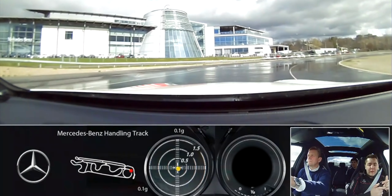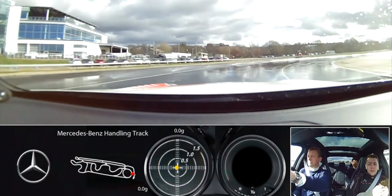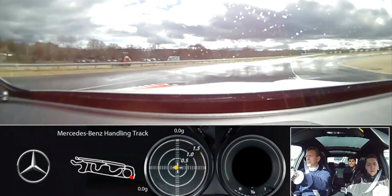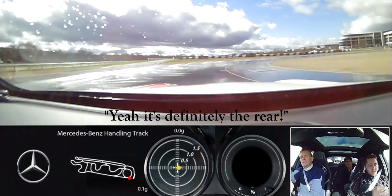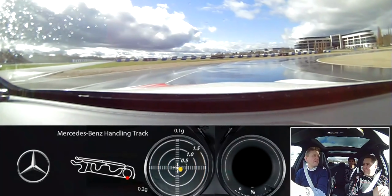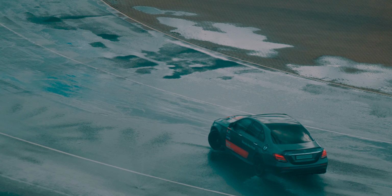Let's do it even slower. So just take your time to build up the speed so we can feel it. Perfect. Good. Let's see what happens. That's different in the rear. Yeah. The idea is that you learn to balance a car that is out of control, but the exercises brought